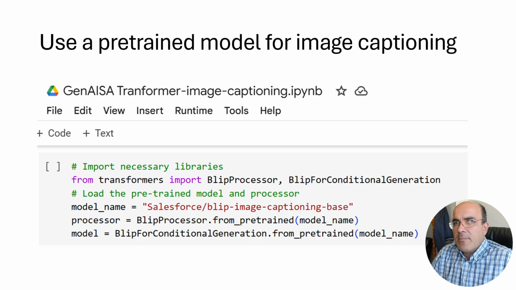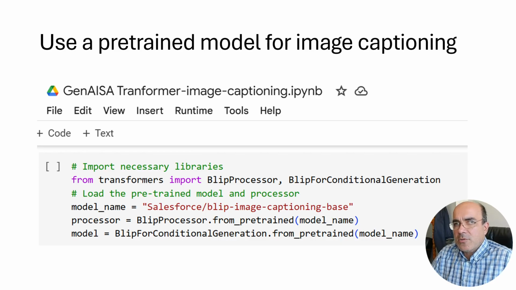A pre-trained model for image captioning is a deep learning model that generates descriptive text for an input image by understanding its visual content. These models, such as BLIP, Bootstrapping Language-Image Pre-training, combine computer vision and natural language processing to analyze an image and produce a meaningful caption.